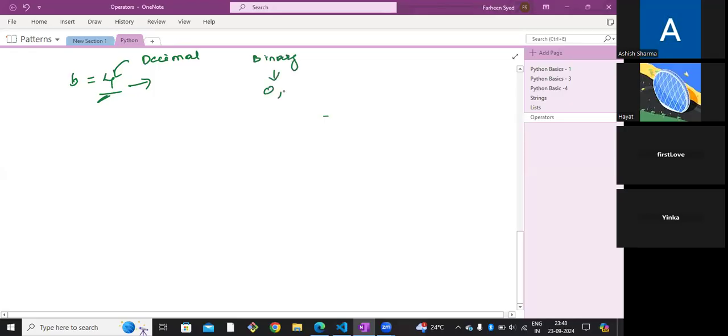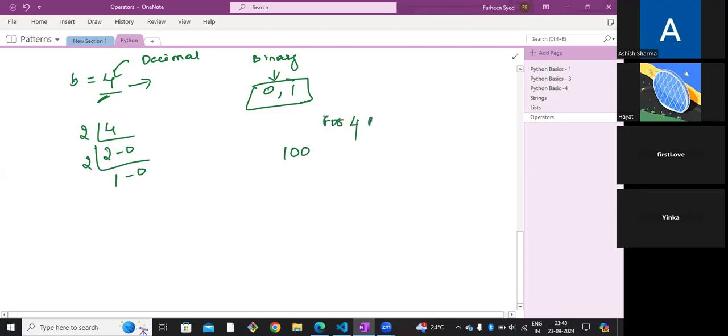Binaries are 0s and 1s, right? So how can I convert a decimal number to binary? What we will do is divide by 2, because for binary we have 2 numbers. We are going to divide by 2. So 2 2s are 4, remainder 0, and so we got 1 0 0. For 4, the binary representation is